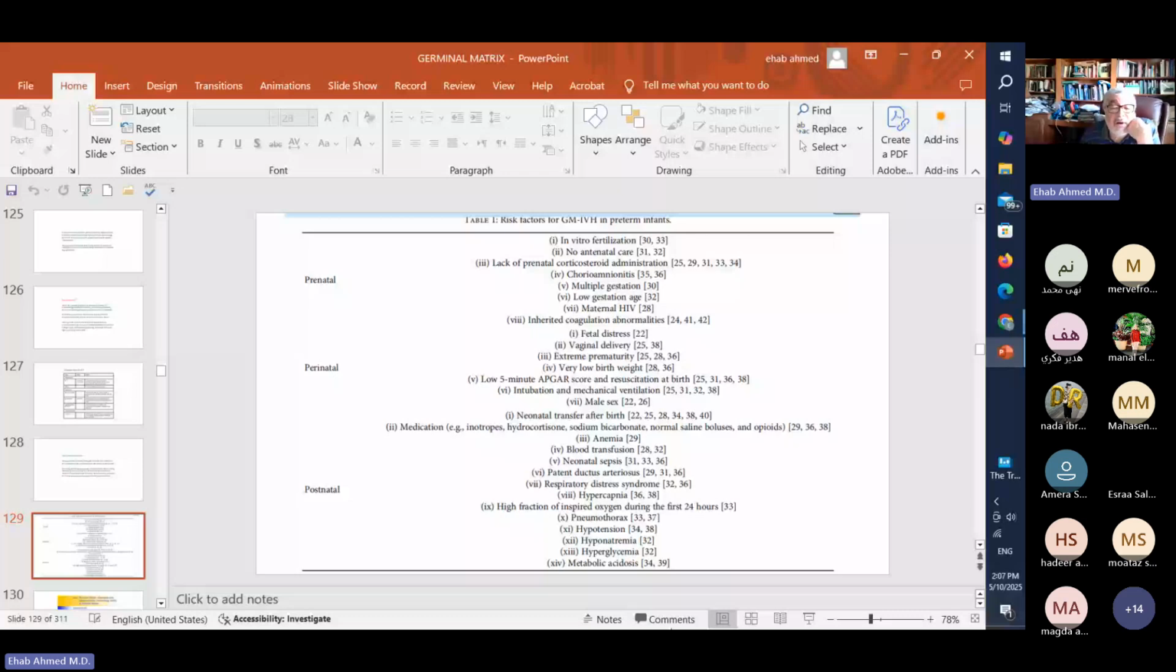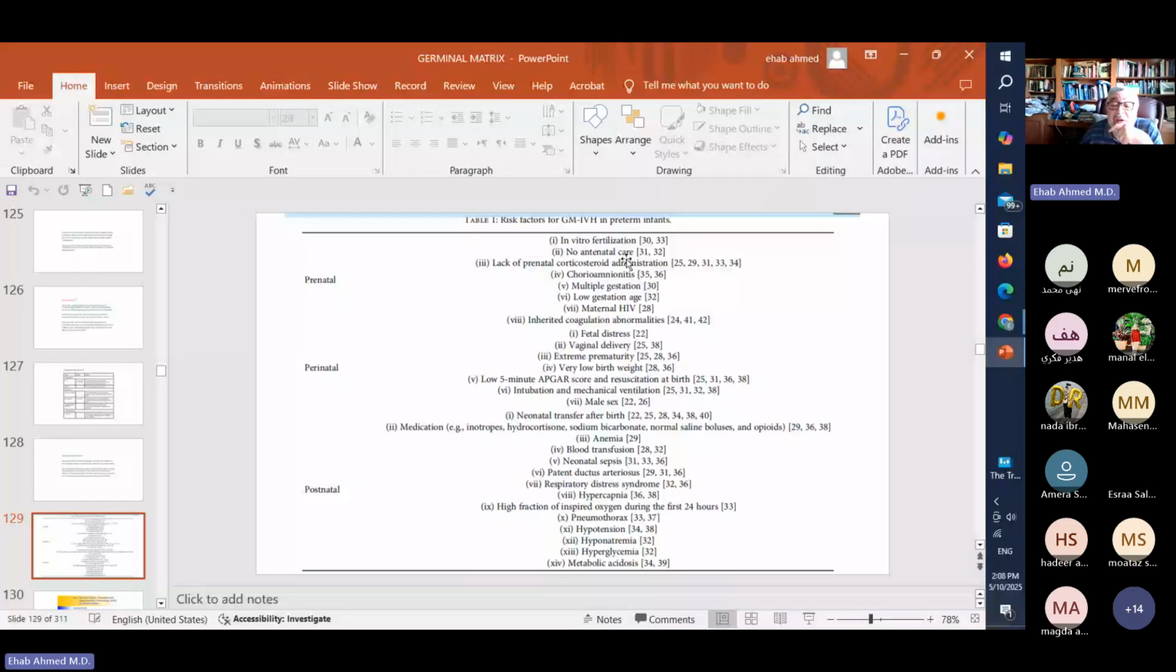You can divide the risk factors into prenatal, perinatal, postnatal, maternal, fetal. It's up to you. And one of the important risk factors postnatal is the patent ductus. Because there is a steal phenomenon. The ductus, if there is left to right shunt, it's a steal phenomenon where the ductus steals blood from important organs, including the brain, including the gut, making the baby at high risk for NEC or for GM-IVH. Okay, so